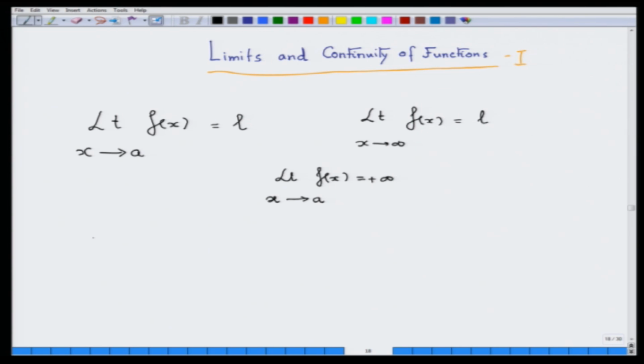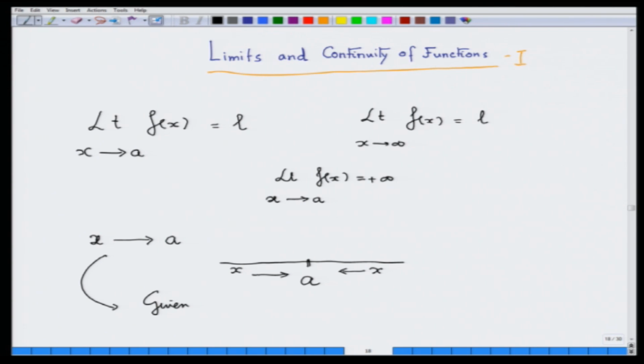Now, first let me understand what I mean by the term x going to a. It essentially means x is coming to a but still not coming, coming but still not coming. As I told you in one of the very first lectures, a teacher explained to me the notion of a limit in this form. So, this is my a, x coming to a means x can approach from either this side or x can approach from this side. So, x tends to a means the meaning of this is following: